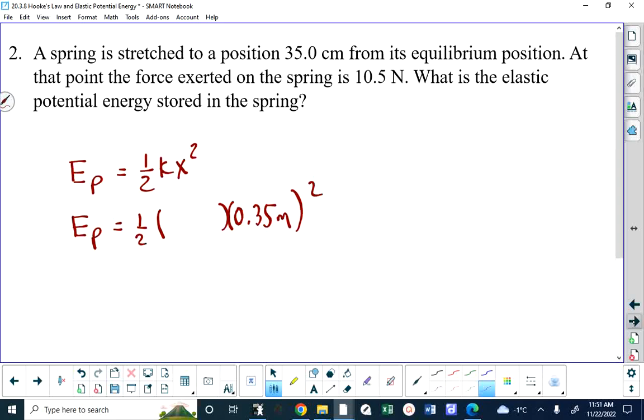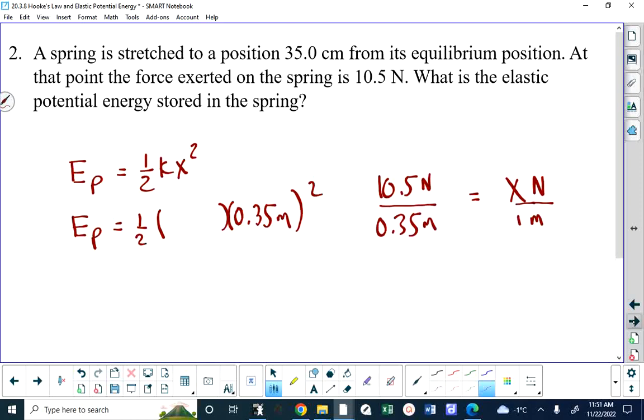Alex, you got an idea? Well, it takes 10.5 newtons to move it 0.35 meters. So would you use like a ratio to convert that to whatever it is over 1 meter? So like 10.5 over 35, or reverse side. Right. So what Alex is saying is, if we want to know how many newtons it is per meter, we could set up a ratio